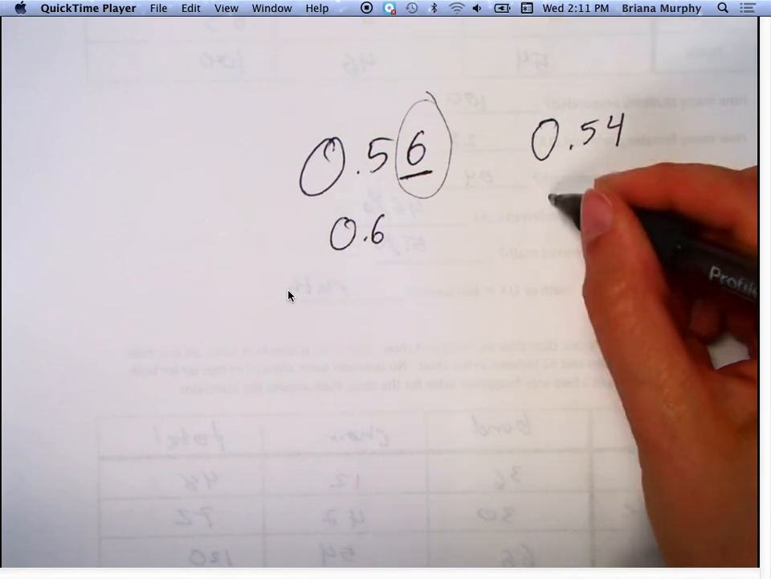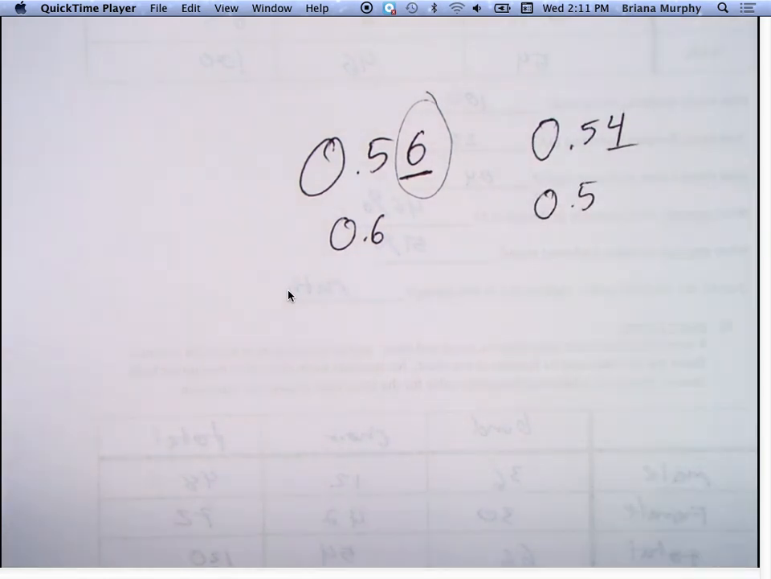0.54 would be 0.5, right? That's how we round. That's how we've rounded all year. It's the only way we round. Well, let me